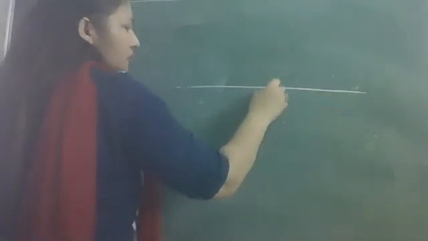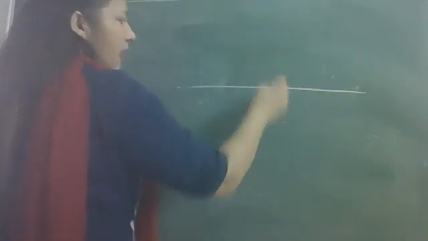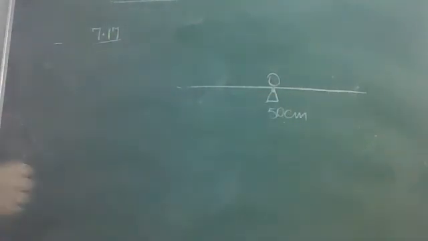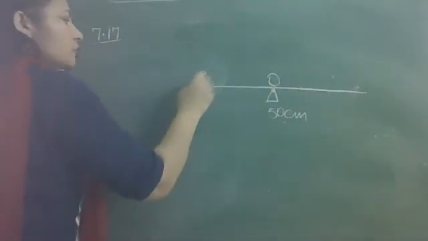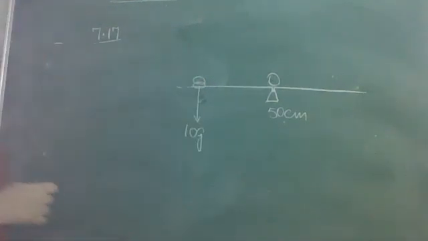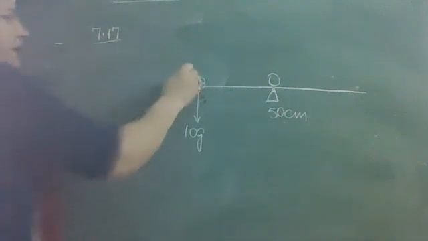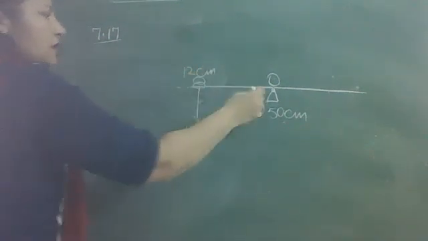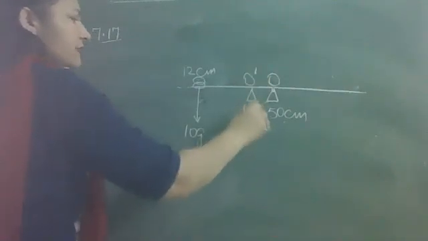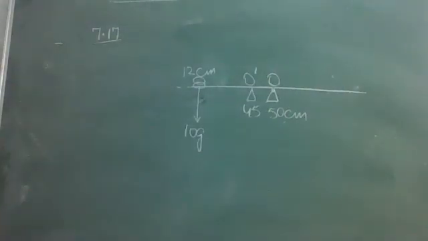So we will be using principle of moments, principle of lever. All right, this is question number 70. So this is the situation. When the meter stick is balanced at O point, this is 50 centimeter mark. Okay. Now at 12 centimeter mark, 2 coins are placed of mass 10 gram each. तो उनका weight हो गया 10g, ये 12 centimeter mark पे. And their balance point is now shifted to O dash at 45 centimeter mark. तो बैलेंस पॉइंट यहां पे शिफ्ट हो गया.